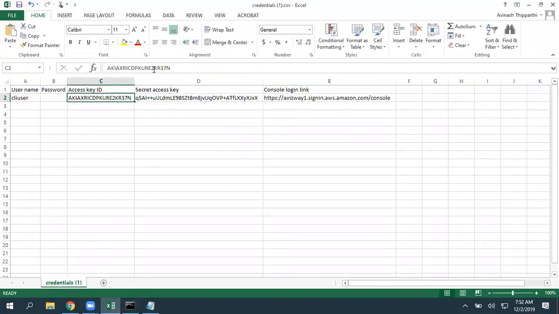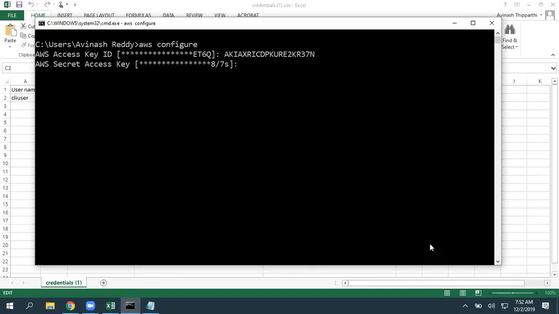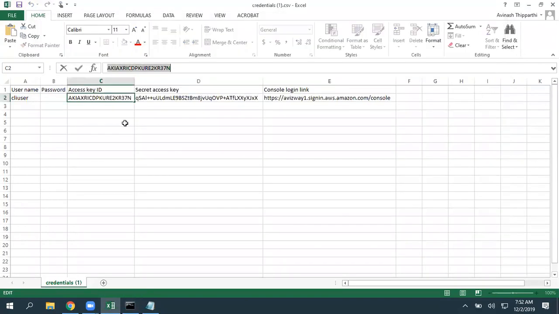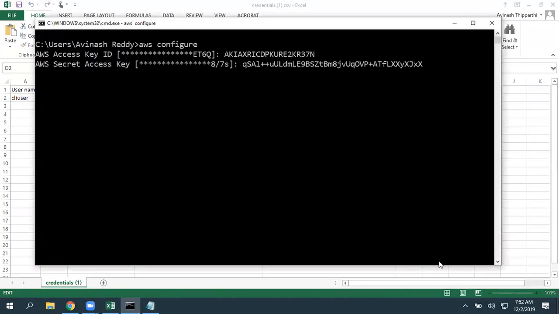Grab your access key ID and paste it here. Click enter. What is your secret access key? My secret access key is this. Click enter. What is the default region name?